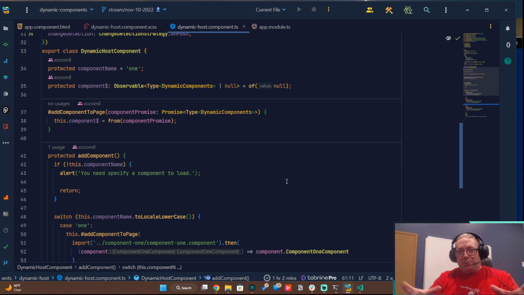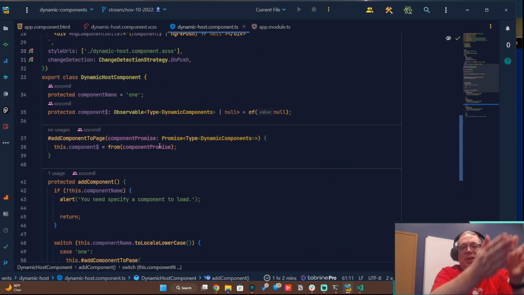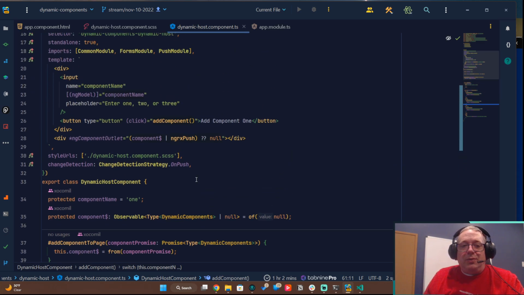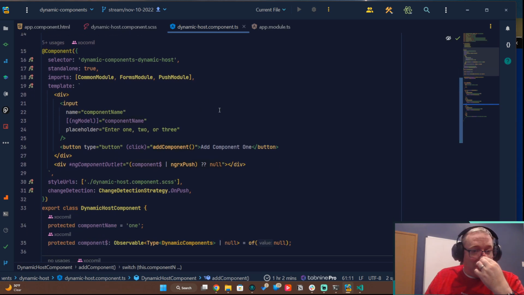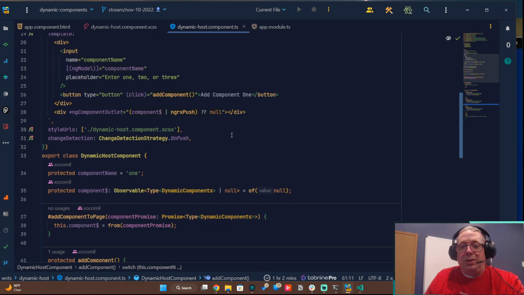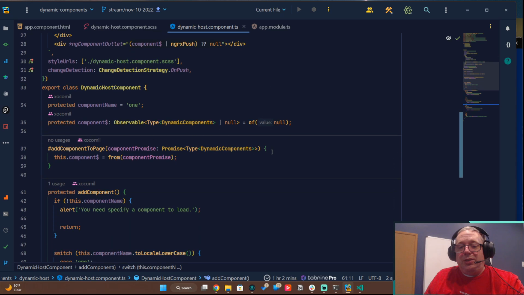Like I said, this is the simplest way to do it. This is actually the way that I used to do when I talked about that left side nav. That left side nav or menu is using this exact strategy. It is using the ng component outlet, and it is swapping the observable. And by doing that,